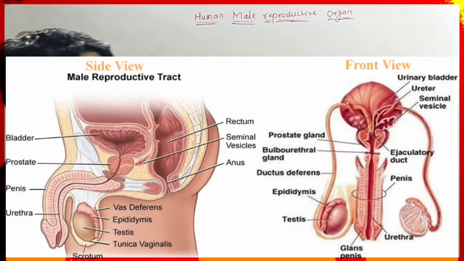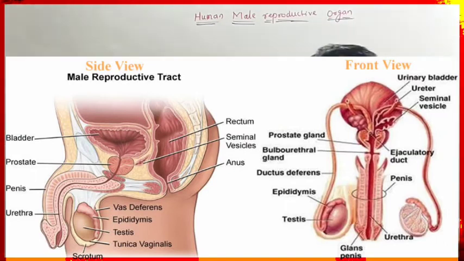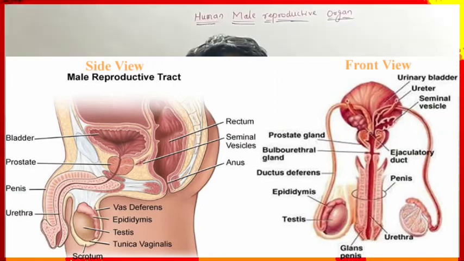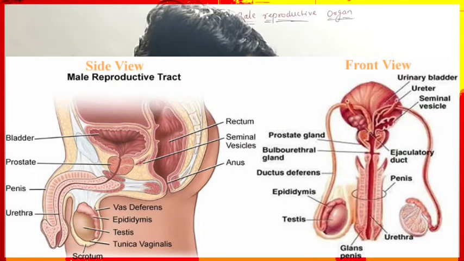The main function of the sperm cell is to fertilize the ovum in order to form the zygote. Then the zygote will develop into the embryo, and then the embryo will develop into a new baby. So this is the way sperm cells are formed and pass through the various ducts towards the egg cell in order to fertilize it.